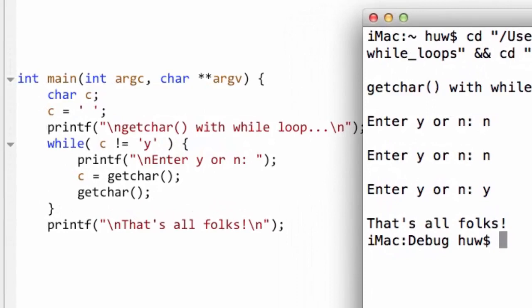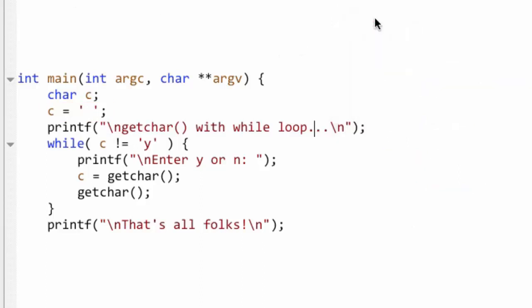But look, in my code here, C is initialized to a space character, and it'll never be Y unless the user enters a Y character. Well, that's okay. But let's assume that I decide that I want the default value of C to be a lowercase y. So I make that change. And now, what's the difference here? Well, in fact, what happens is that when this runs, and let me see this again,